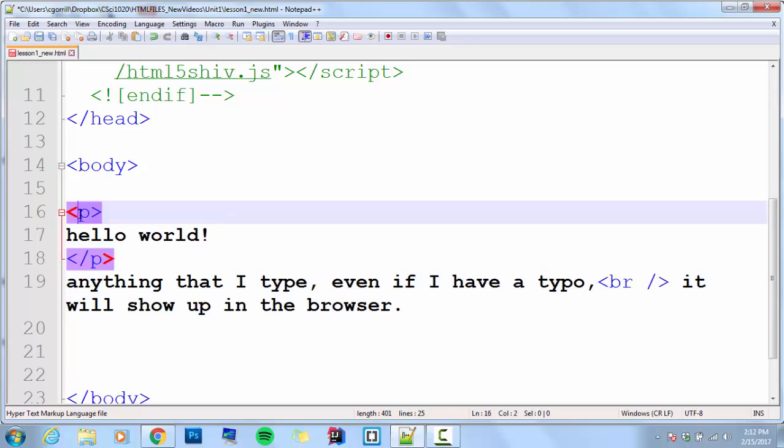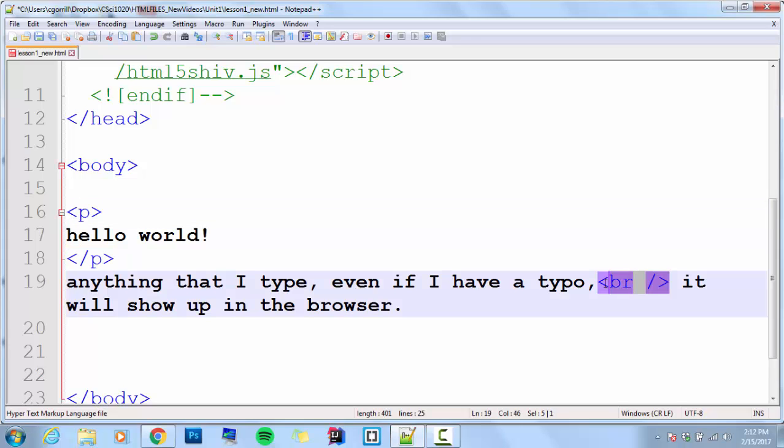I said the paragraph is modifying the hello world. That becomes one paragraph. The page break doesn't surround any content. It just shows up in one place and makes something happen at that one spot. That's the difference between opening tag and closing tag sets and the empty tag or void tag. Other types of void tags that you might find